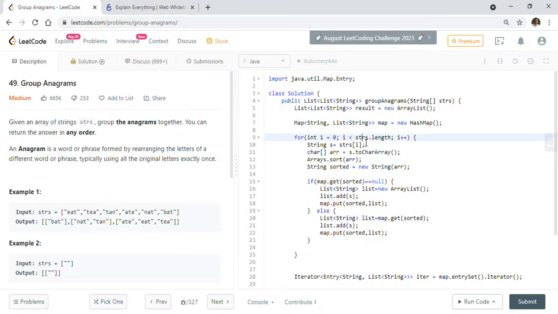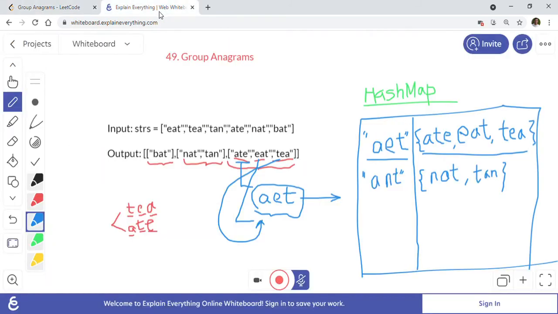And then we will be iterating the array, and we are getting the string from the array. We will use the toCharArray method to get the character array of the string, and we will be sorting that character array here, and we will pass the sorted array to create the string here from the sorted array, because we want to use this sorted array string as a key.